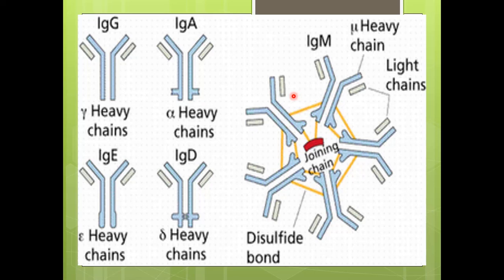And these IgM antibodies are formed during the primary response that we have just discussed. That primary response is the response produced when there is first exposure to the antigens. So during the primary response, the main type of antibodies formed are IgM antibodies, and IgG antibodies are the antibodies produced during the secondary response, meaning when there is re-exposure to the antigen.